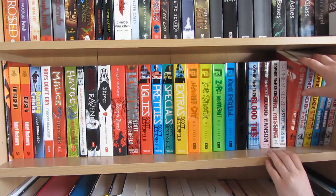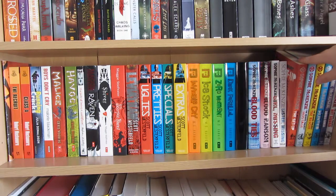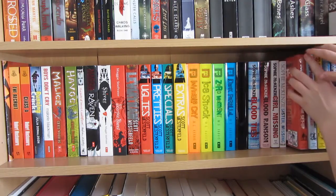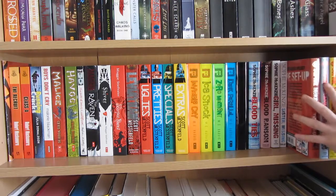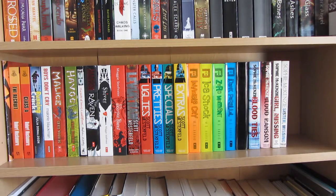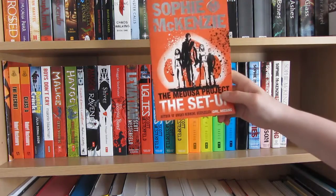And then I have most of the books. I think there could possibly be some more eventually in the Medusa Project series, and these are all by Sophie Mackenzie, and I haven't read any of them, which won't surprise many of you, to be honest. I just buy loads of books and then don't read them for a long time. So in order, if I get them right, this is about genetic manipulation and stuff as well, so this will be interesting. We have The Setup,